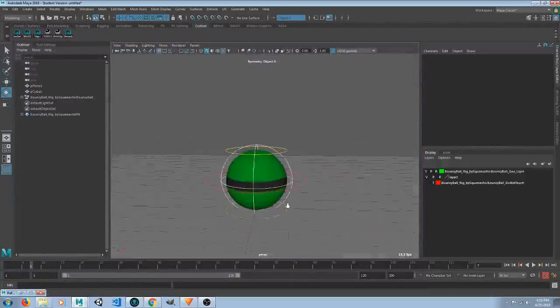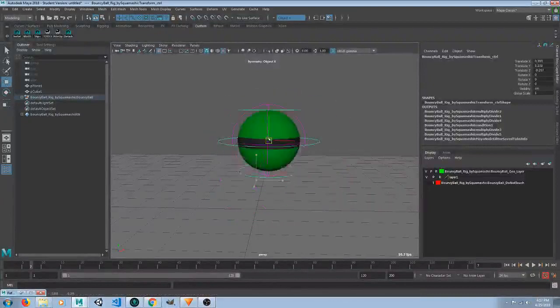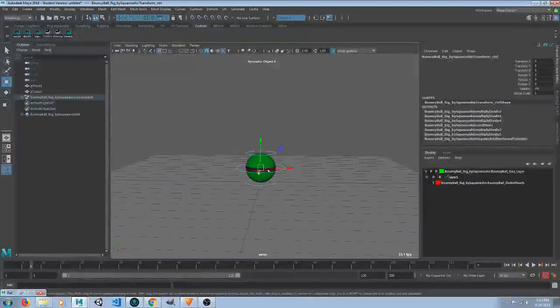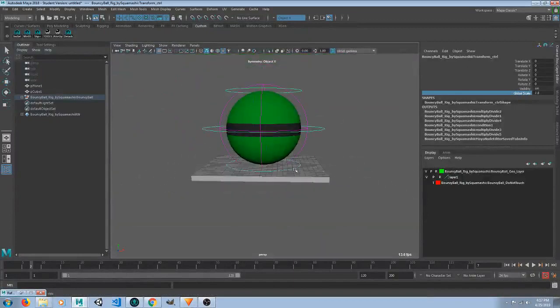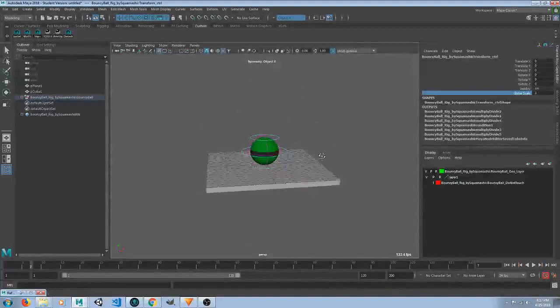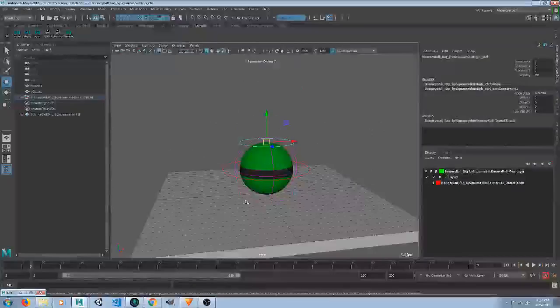So here are the controls. This is the main transform control, so you can move the whole ball around without changing its shape. This global scale will actually scale the whole rig. Okay, I'm going to bring it down, and let's see, these top and bottom controls